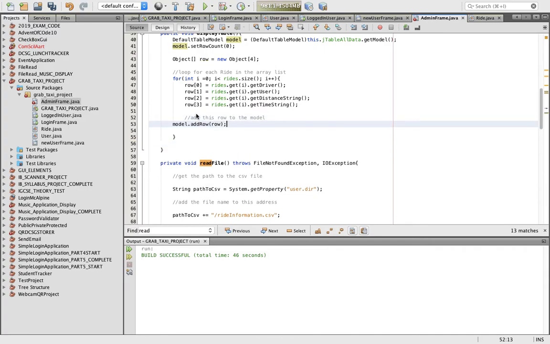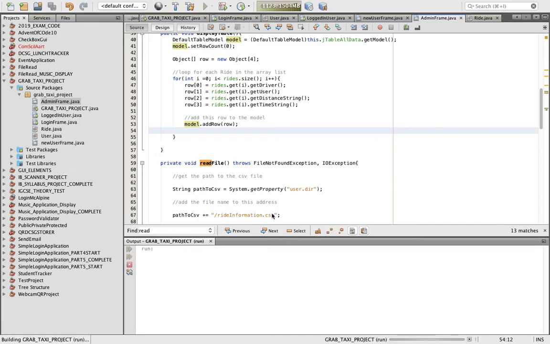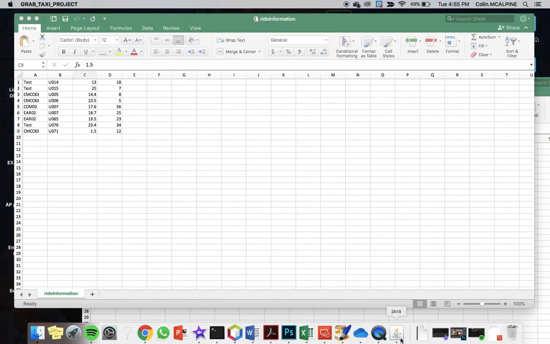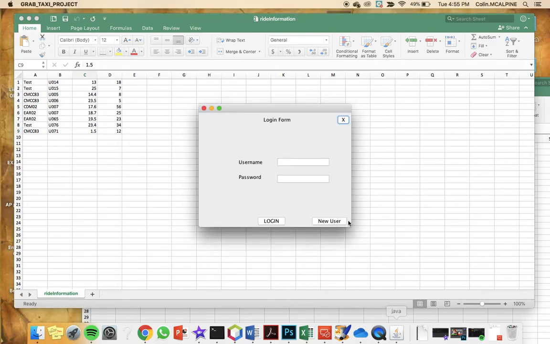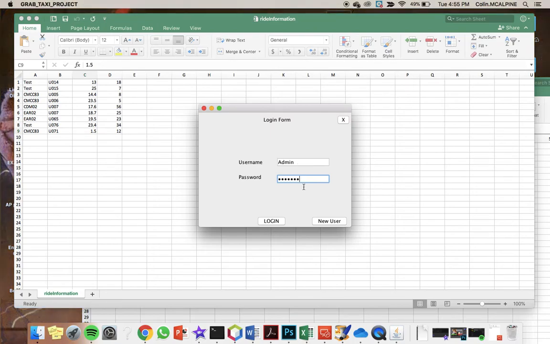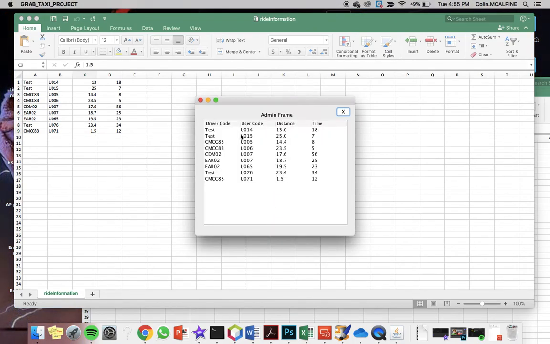So if we put that back where it should be, which is inside the loop, so it will happen once for each item, and test that again. This time, login is admin, the password private, click login,